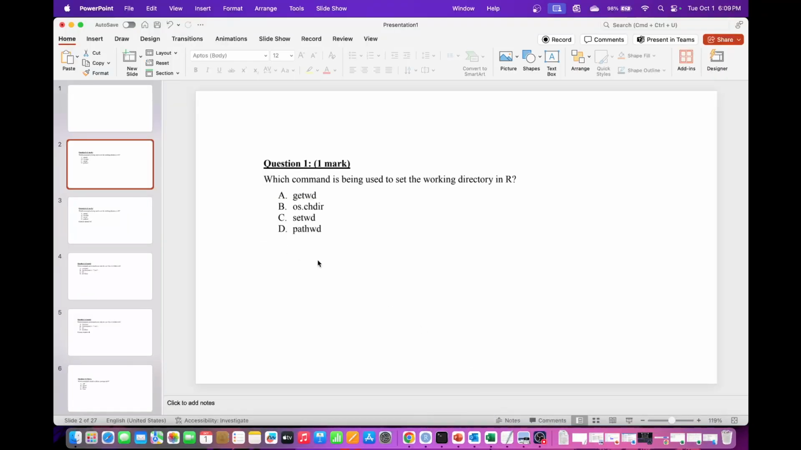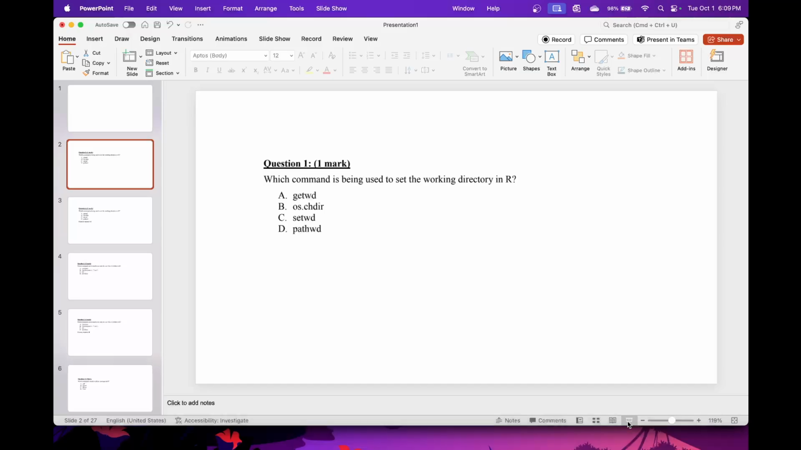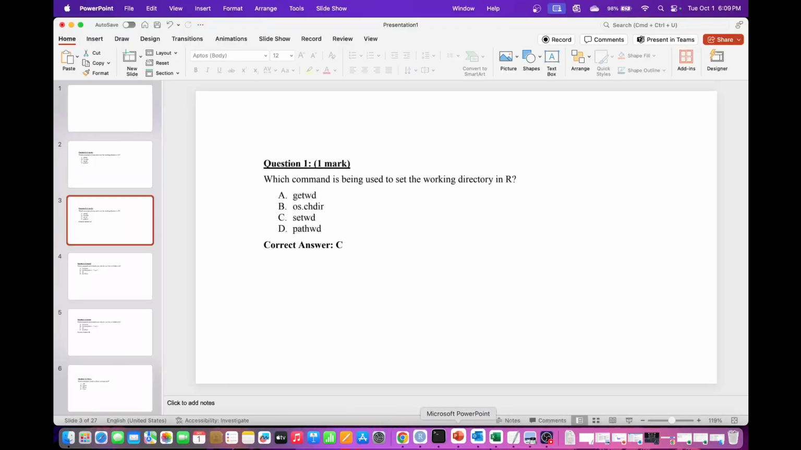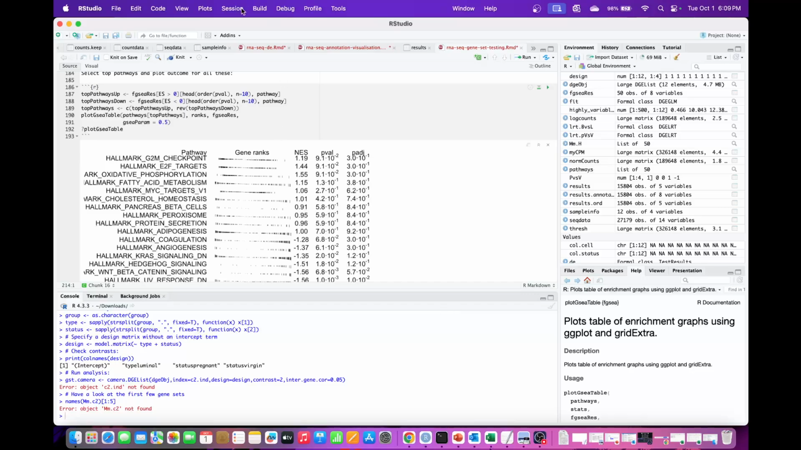Okay, the answer for here is setwd, because I showed you in the R command as well. So you just do a setwd here, which changes the directory. Now, like say for example,